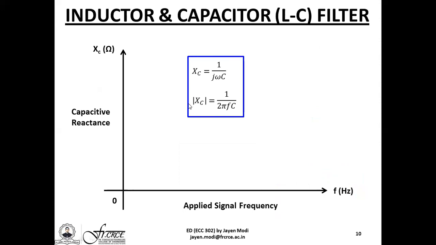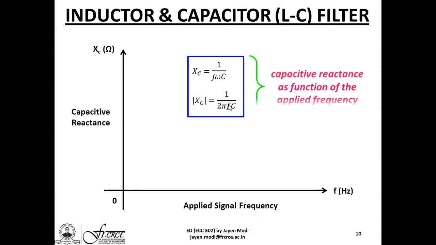Since we are plotting a graph of the variation of the capacitive reactance with the change in the applied signal frequency F, 2 pi is a constant, C is definitely a constant, so we have Xc inversely proportional to F. So the curve would be somewhat like this. As we have seen earlier, it's a typical hyperbolic curve. Reason being that when f tends towards 0, Xc will tend towards infinity. So the curve directly comes from the top. It will never touch the vertical axis. And as f tends towards infinity, Xc will tend towards 0. So it's not possible to show the curve touching the horizontal axis as well.